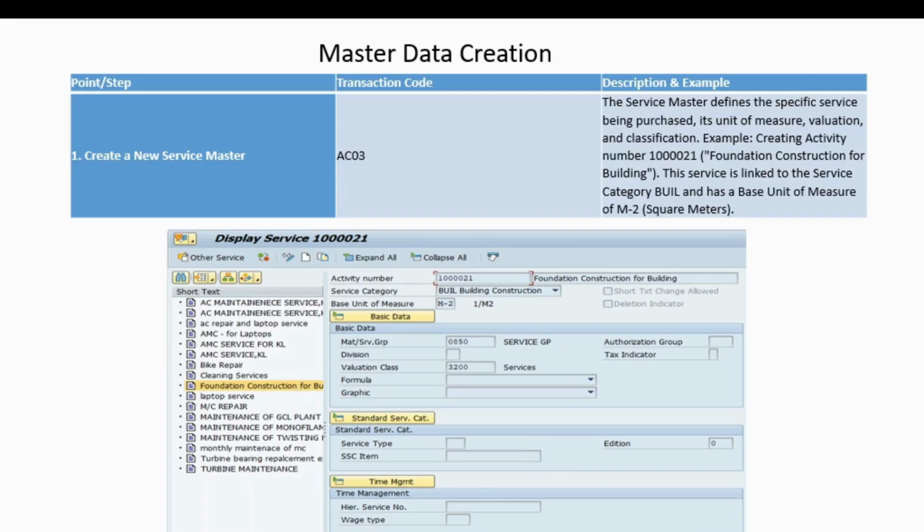We will go to the T code AC03. Here we will create a service master. The service master defines the specific service being purchased, its unit of measure, valuation, and classification. Let's create an activity number, that is 14 times 021, for foundation construction for building. This service is linked to the service category that we have created, BUIL, and has a base unit of measure